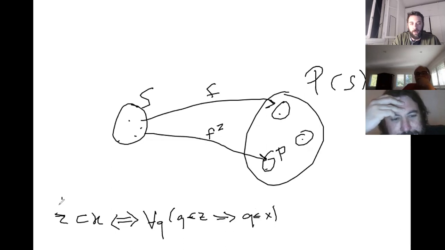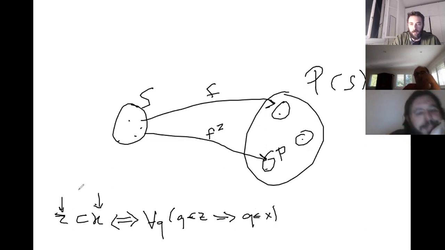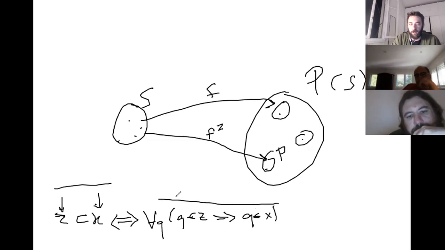If something belongs to Z, therefore it will belong to X. So you can reduce the relation which is defining here predication to the relation of belonging, which he's calling an ontological relation. So we have actually a genetic